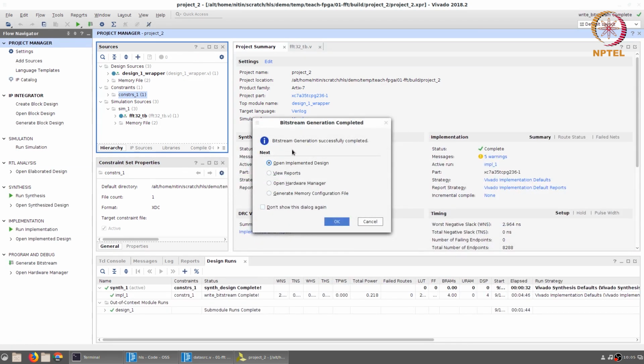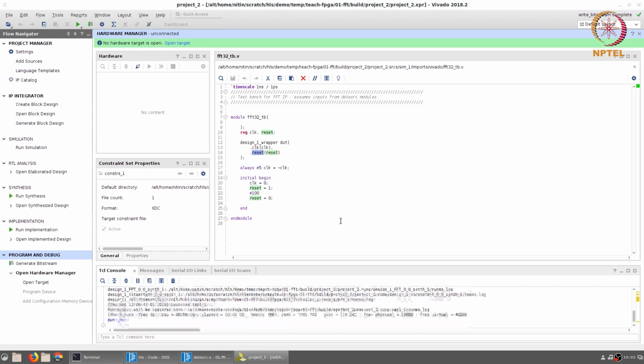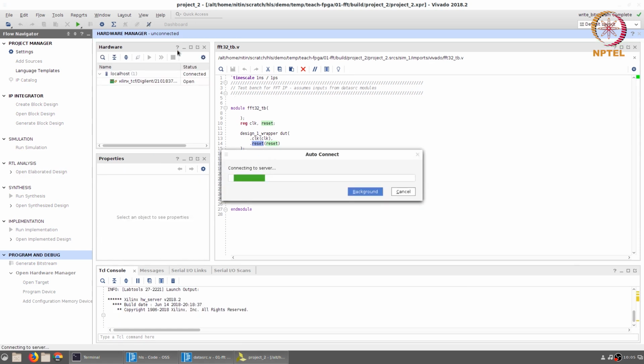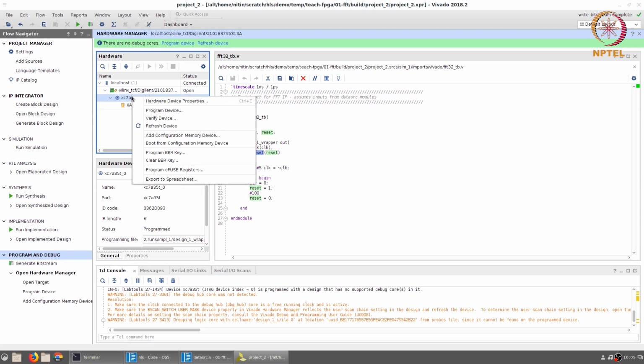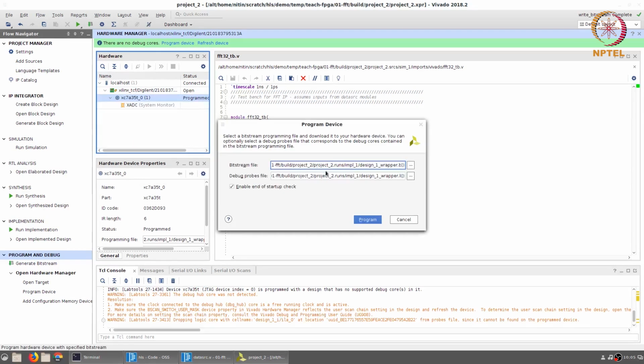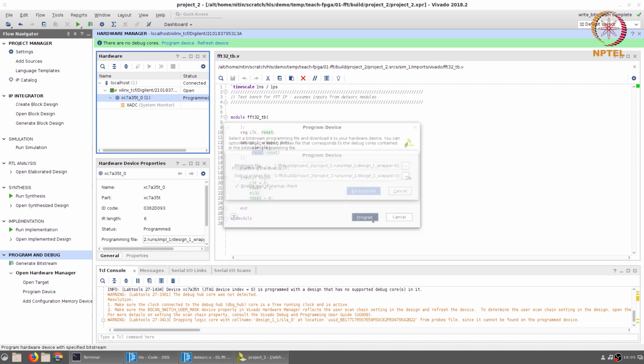Alright, so once the bit stream generation has successfully completed, we can once again open the hardware manager, open the target auto connect, and right click on the Artix device, program device, make sure that the .bit and the .ltx probe files correspond to the project that you have just run, and program.